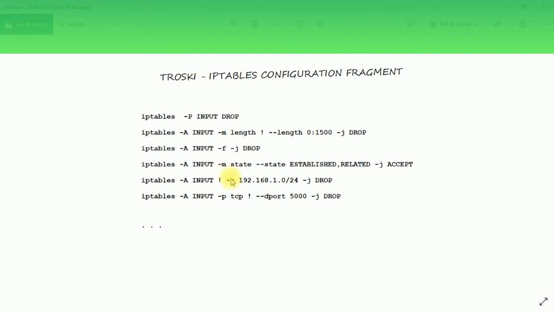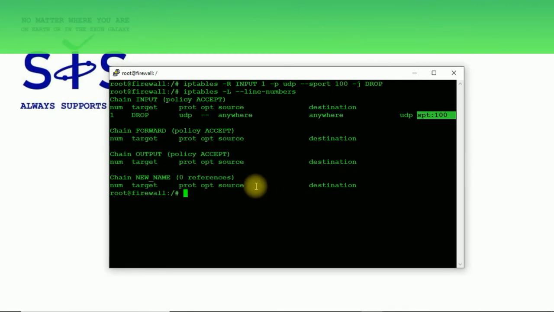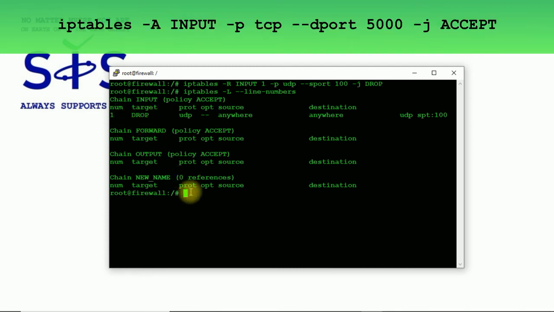What if you want to, for example, set any rule on the first place? In our case, we've got only one rule. Now we want to add some rule on the first place. Because, like you know, every next rule we're going to add using append will be added on the bottom, so it will be added as the last rule in the specified chain.